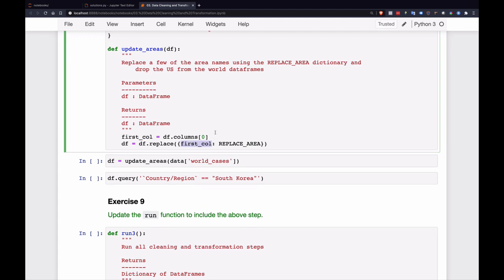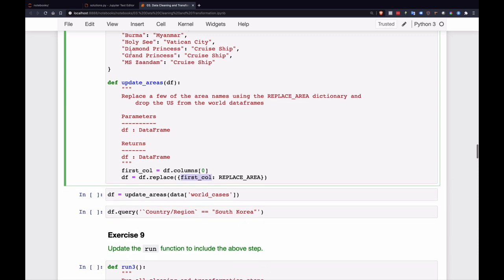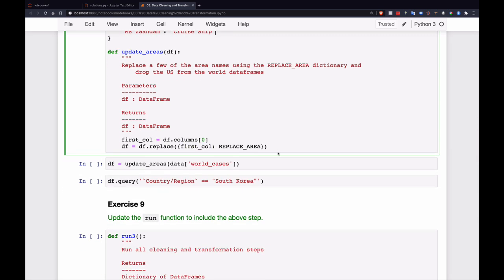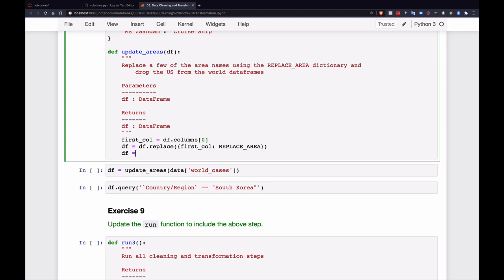Well, for like South Korea or for countries that don't belong. The USA has a few of these cruise ships that it will replace. Okay, so that'll take care of the replacement. And the last thing is we are going to